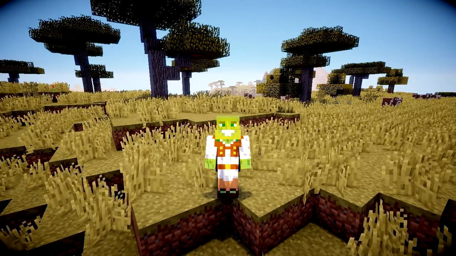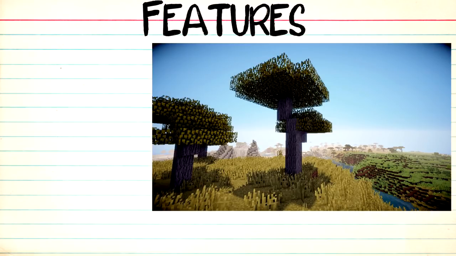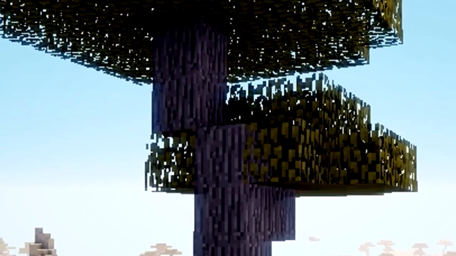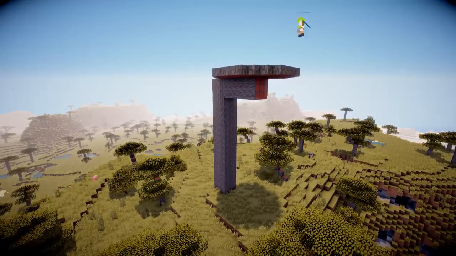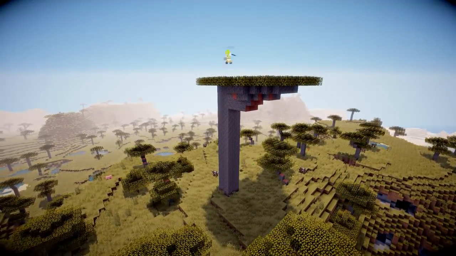Next up, the tree of choice is the Acacia Tree. Features of the Acacia Tree include wood, leaves, plus that weird little thing it does where it sort of, you know, cuts off to the angle. What is that? I can tell you what it is. It's opportunity, Joel. Opportunity to make a weird little angle, which I actually quite struggled making at first,